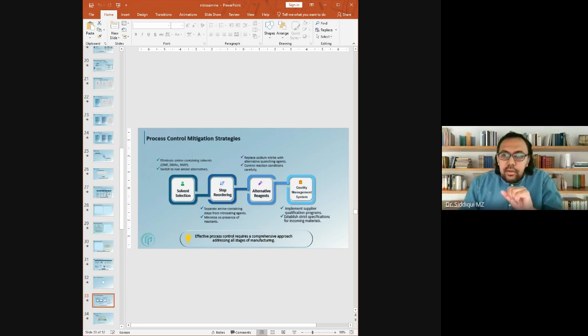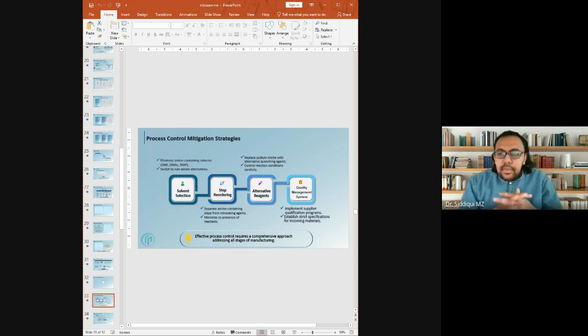First, in solvent selection, we can eliminate the amine-containing solvents such as DMF, NMP, and NMA, diethyl acetamide. These are, for example, used for compounds which have poor solubility. These solvents are used mostly. So if we can avoid these solvents and switch to non-amine alternatives, that could block the formation of nitrosamine